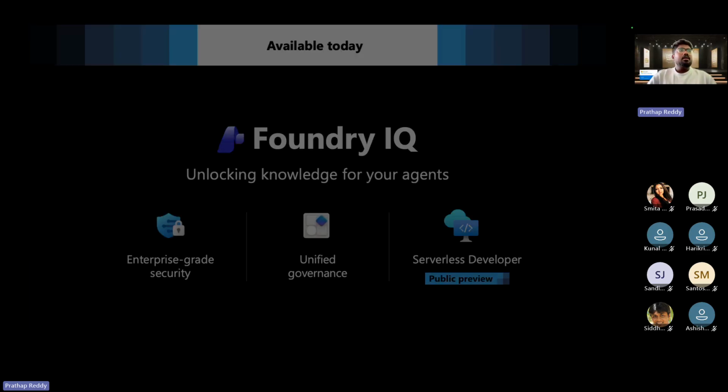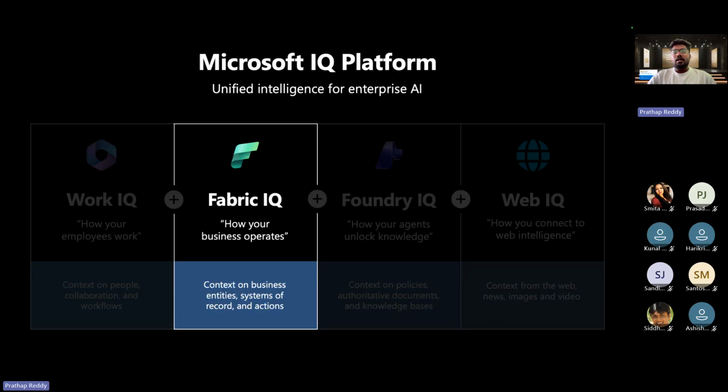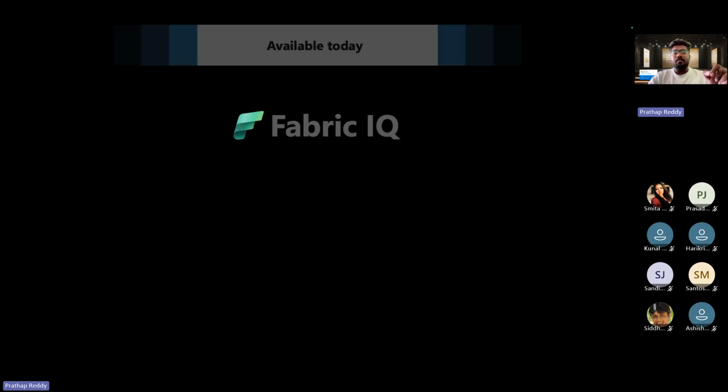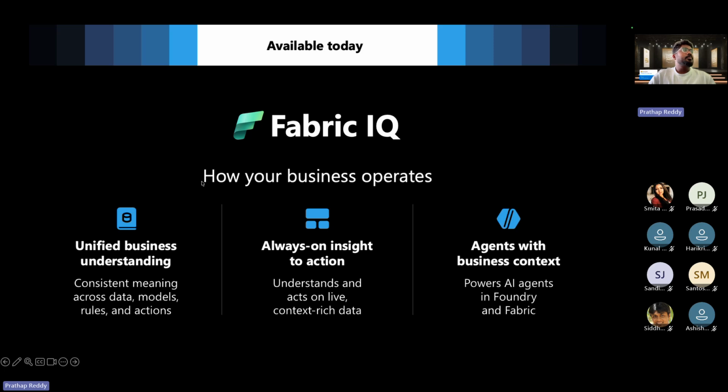Okay. Now, another IQ platform. I would like to say this IQ platform is mainly Fabric IQ, which we can call a unified analytics platform. So this Fabric IQ covers how your business operates, like, for example,